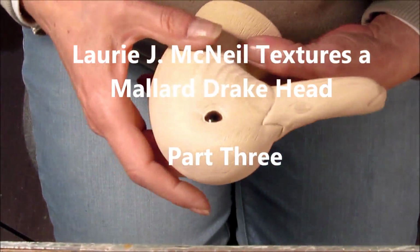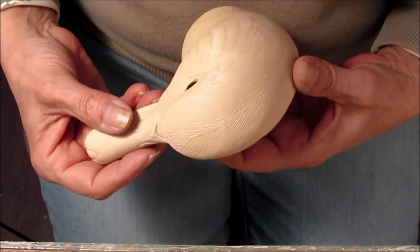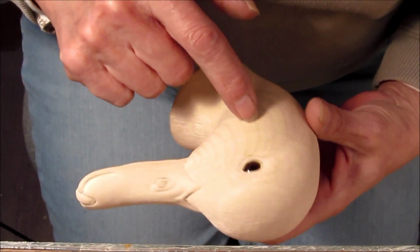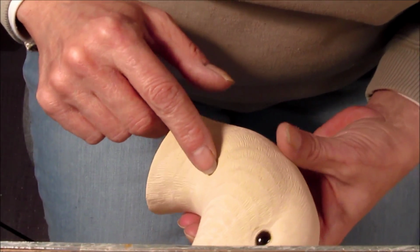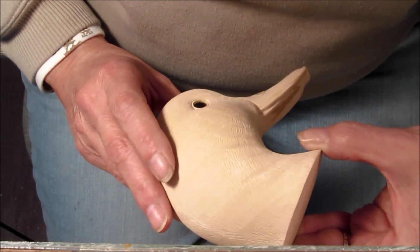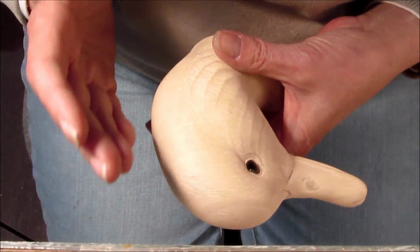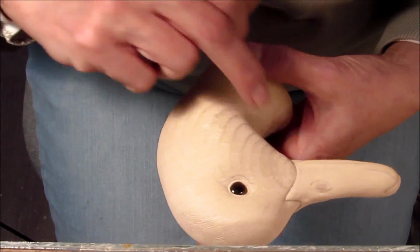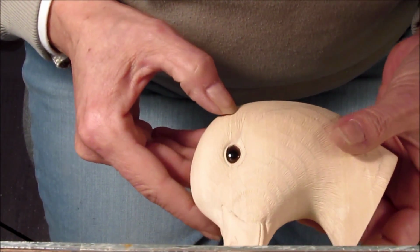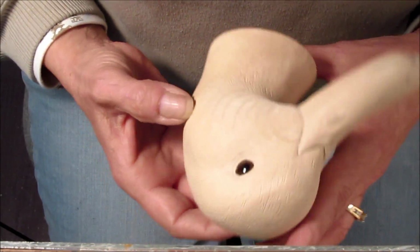In part 3 of texturing this Mallard drake head, I will be beginning my second pass of texturing, which will include getting rid of these pencil line ridges that are a result of the guidance lines that I drew on for that initial pass, when all I was doing was establishing the feather flow. With the feather flow established, I can get rid of all of these excessive lines, and I can begin splitting up this coarser detail into finer detail, adding splits,